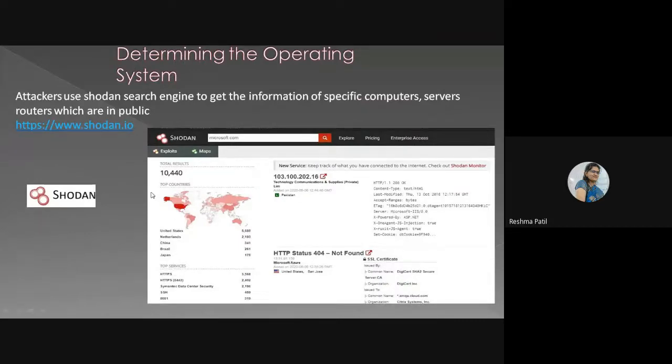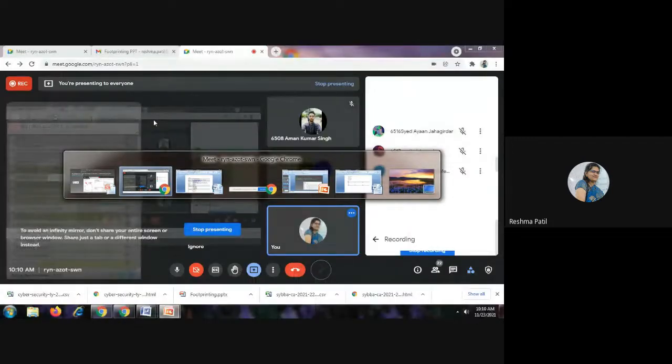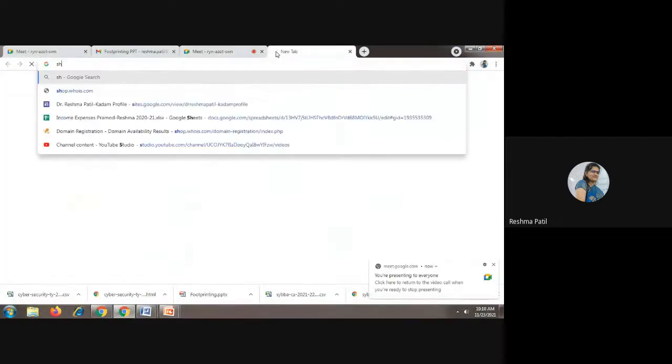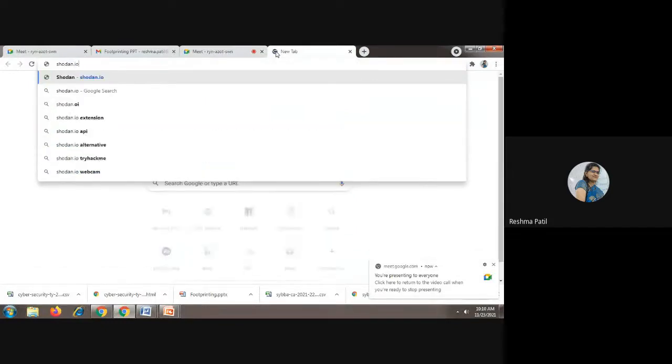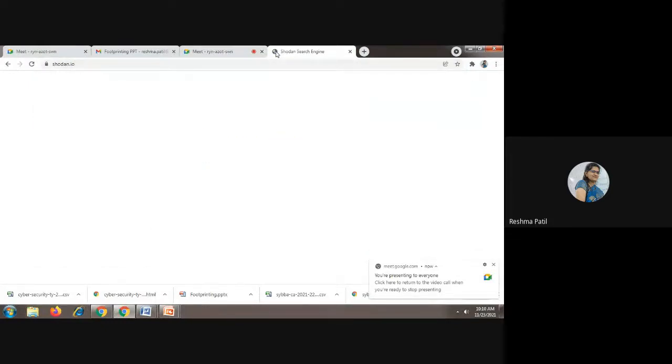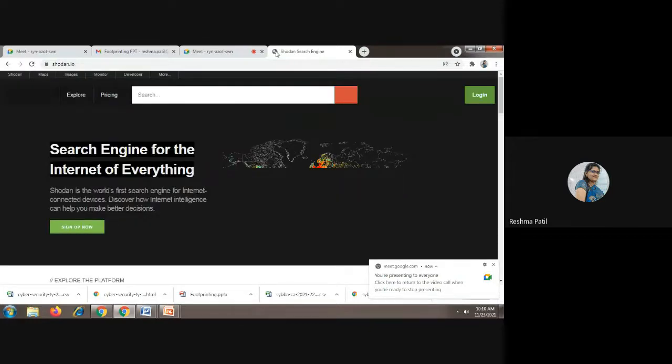Then Shodan.io. One more website is there. Using this website also we will try to get more information. Attackers use the Shodan search engine to get information about specific computers, servers, and routers which are public.